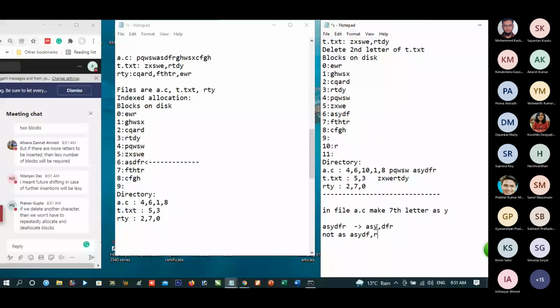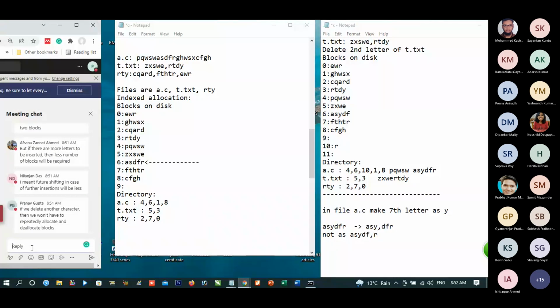That is correct. What Pranav has told is fully correct. We will not like to make a block fully full. Why? So that insertion and deletions become easy. If we make it 5 and 1, then one of the blocks is fully full. Then when further insertion is done, again it will split. But if we make it 3 and 3, then when further insertion is done, we don't have to split. Yes, fully correct.